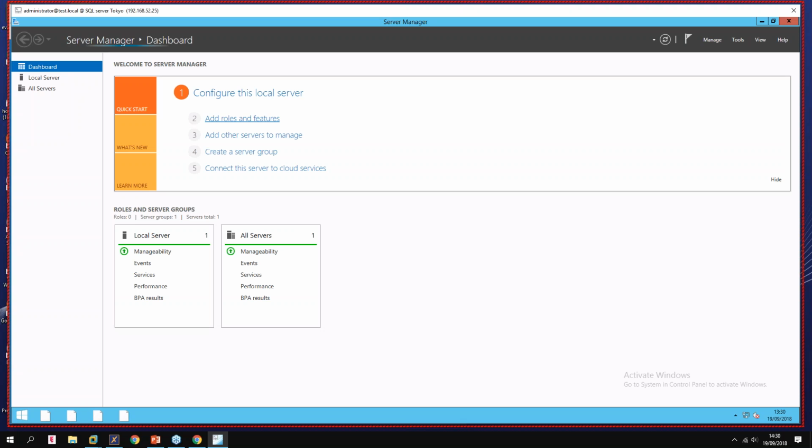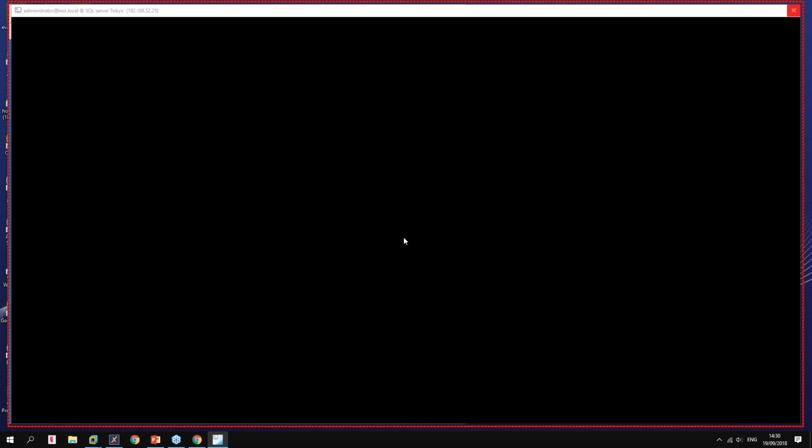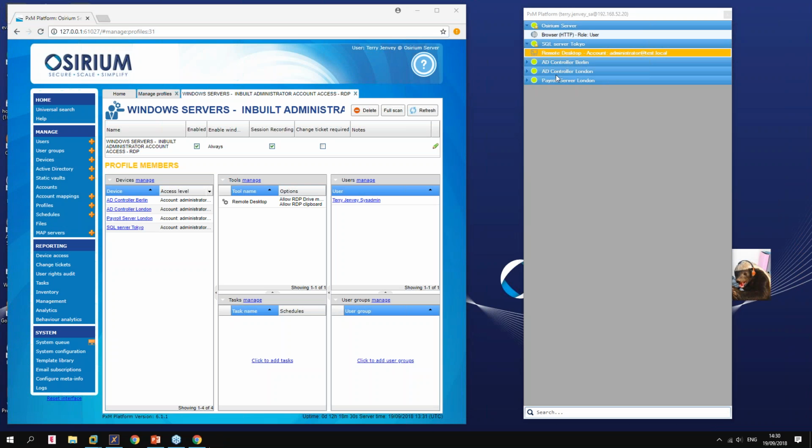When the red box went away, that's because as soon as the launch window is out of focus, we stop recording. There's no point capturing that window if it's minimized while somebody's reading another article or working on another ticket. We only record when it's there and it's being used. So if I come out of that, there I go, I've got full RDP access to a server, but